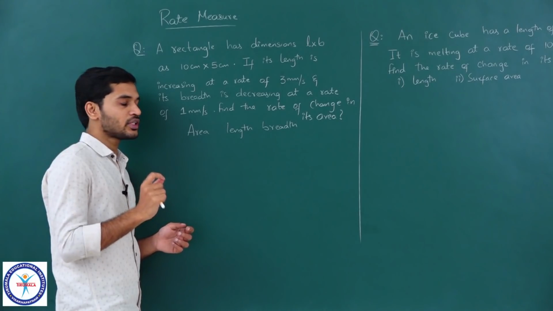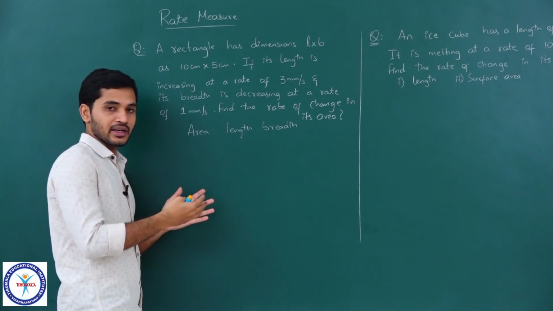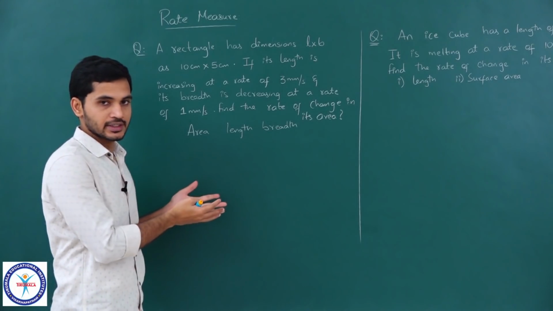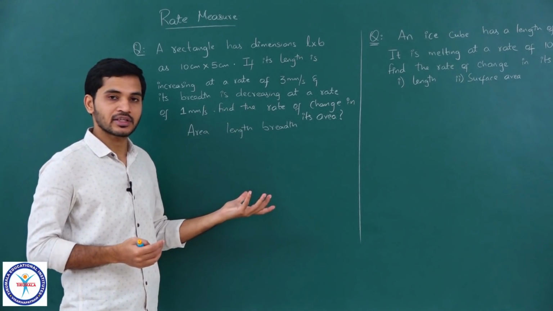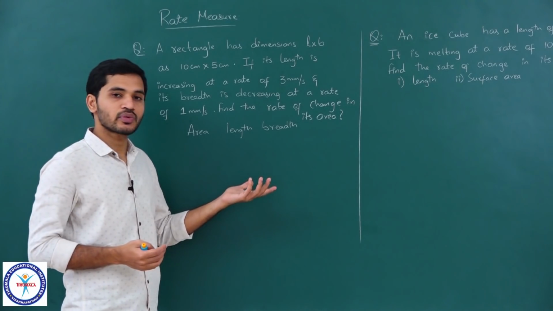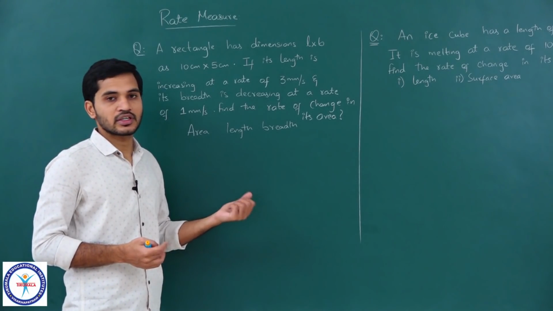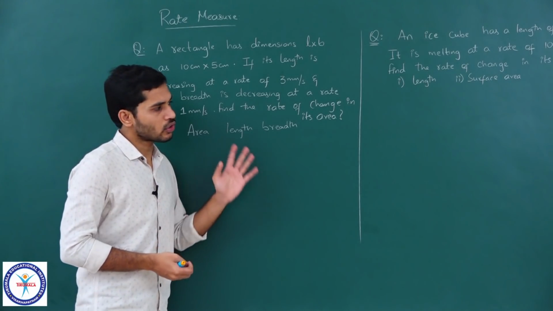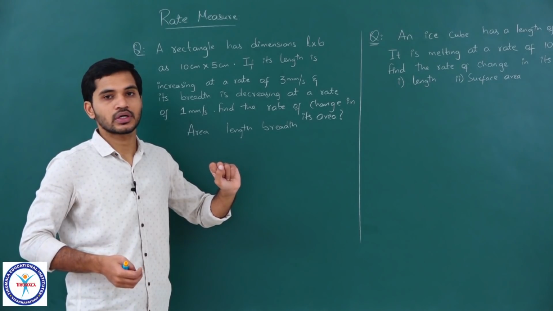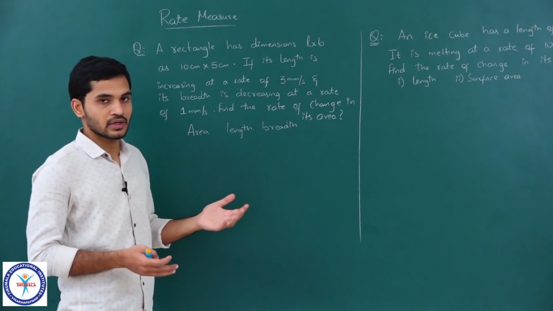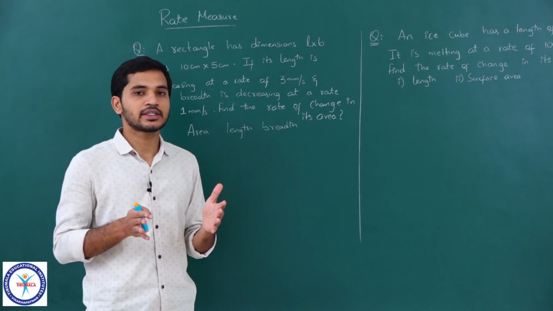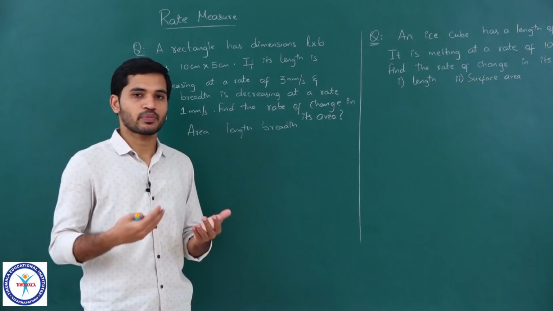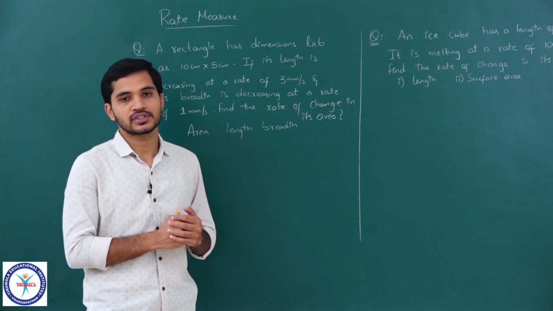Remember, whenever you need to write a relation between the rate of change, first write the relation between the quantities, clear, whatever quantities are involved in that particular case. Then you can differentiate that expression to find the relation between their rates. All the questions which we are going to do will have the same method. First the relation between the quantities, differentiate, and then relation between the rates. So a 3-step process, clear? Everything will have the same method.